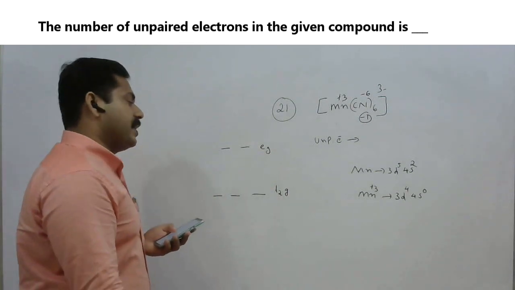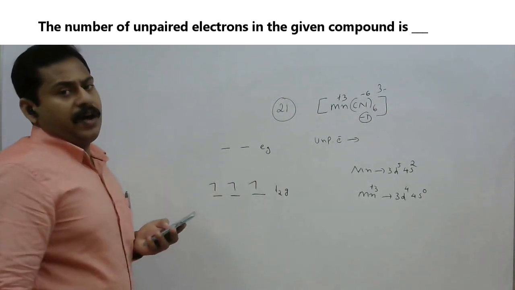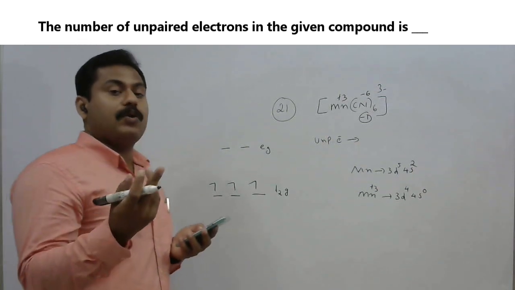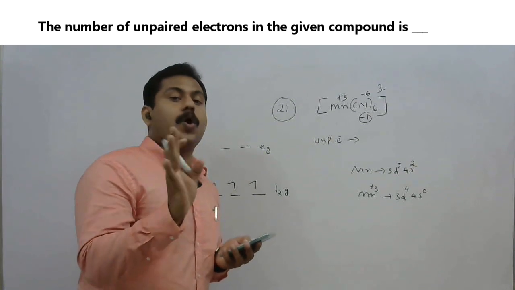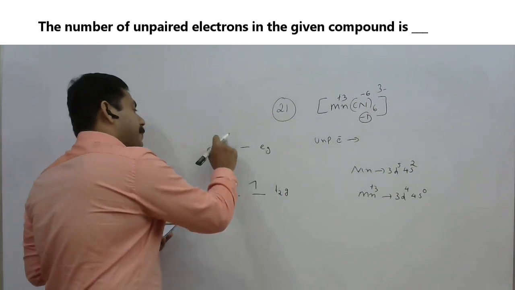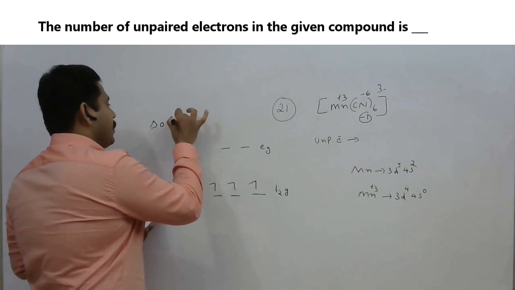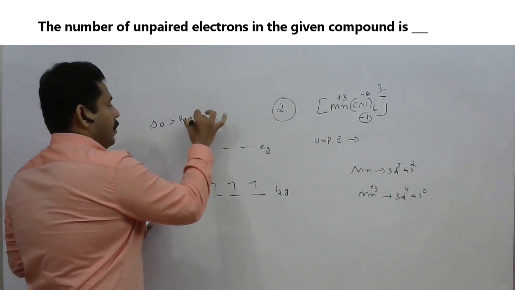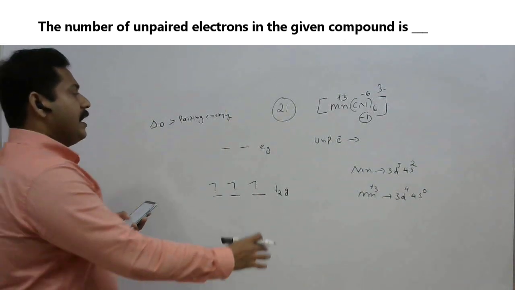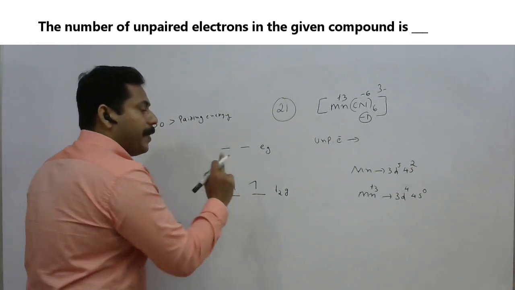So what about the crystal field theory? Whether the ligand is strong or weak, first we have to fill 1 electron in T2g, right? 1 electron in T2g. After that only we can consider whether the ligand is strong or weak. Now the cyanido is a strong field ligand, and thereby instead of going up here, that is, delta O is greater than pairing energy, right? When a strong field ligand comes there, instead of going here, the next electron will be paired up. So these two electrons will be unpaired only.